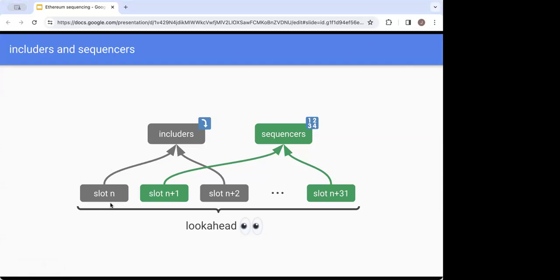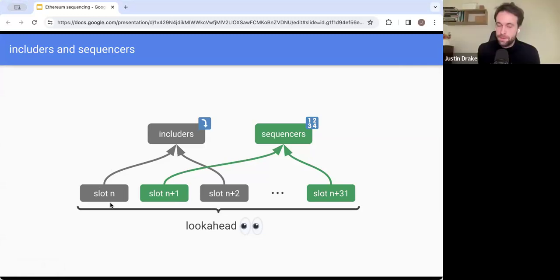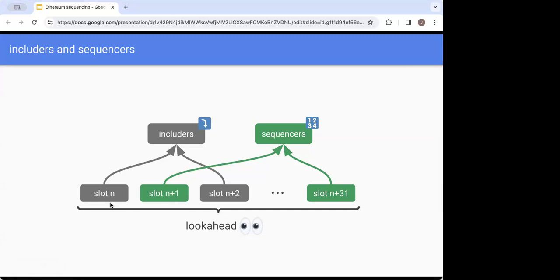No, that wasn't the question. So the question is, now you have this mechanism where you have this look ahead of proposers that have opted in to be part of this preconfirmation layer. And the next proposer, maybe it's not the proposer of the current L1 slot, but it's the proposer of the next L1 slot. And it's the next preconfer because the current L1 proposer has not opted into this layer.